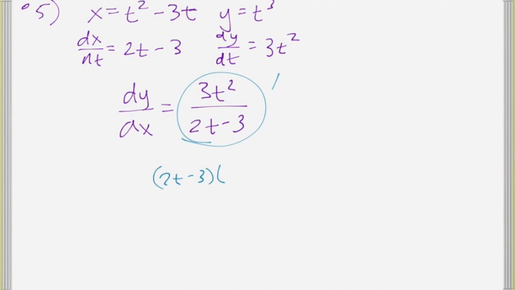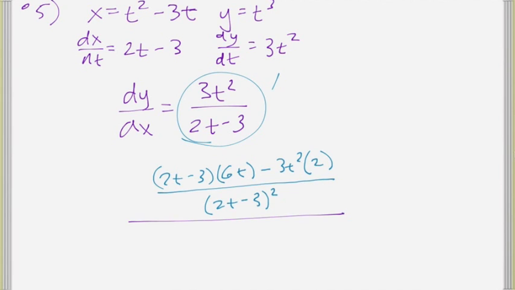Low d high minus high d low over low low. Then we want to divide that by the original dx dt,